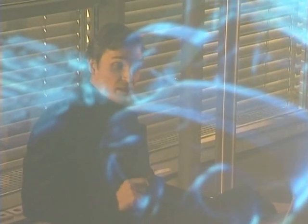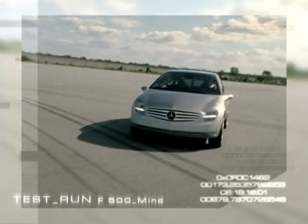In build-up areas, the F500 Mind glides along, powered solely by its electric motor. However, the diesel engine is able to cut in at any time to provide extra power. The drive torques of the two engines together total in excess of 800 Newton meters, giving the F500 Mind tremendous